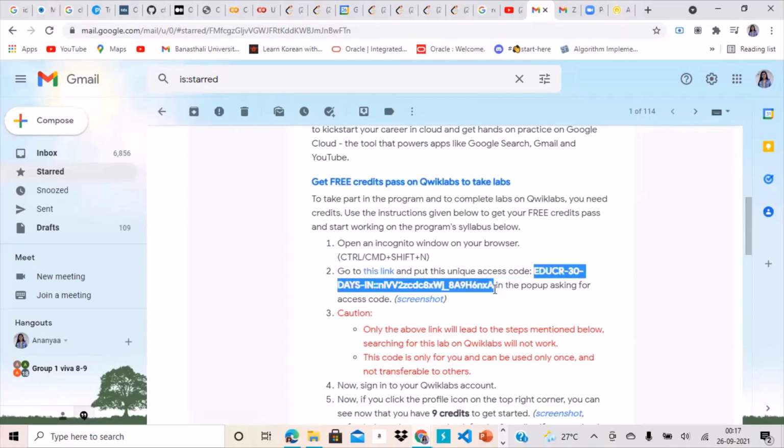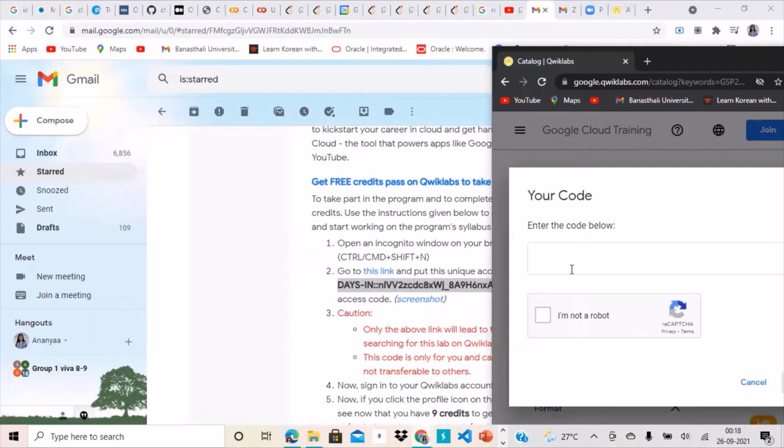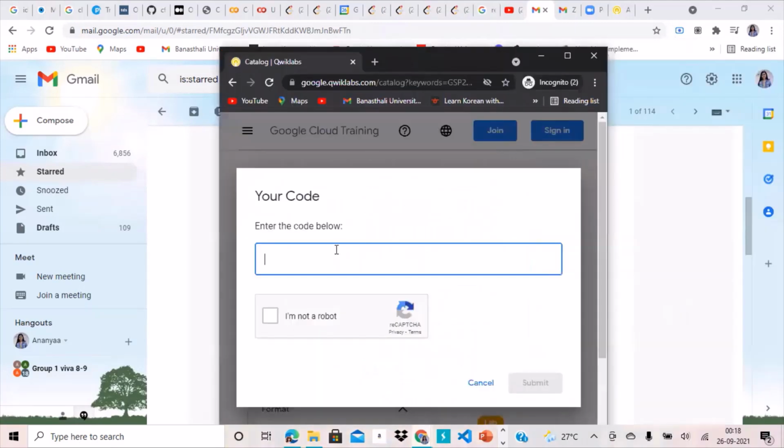No two codes are similar and you cannot share this code with anyone because this code works only once, okay? So for one account, this is a single unique code for every single account, okay? So you cannot share it and you have to use it for your account only, okay? So copy this unique code and paste it in your incognito window, your code pop up, okay?